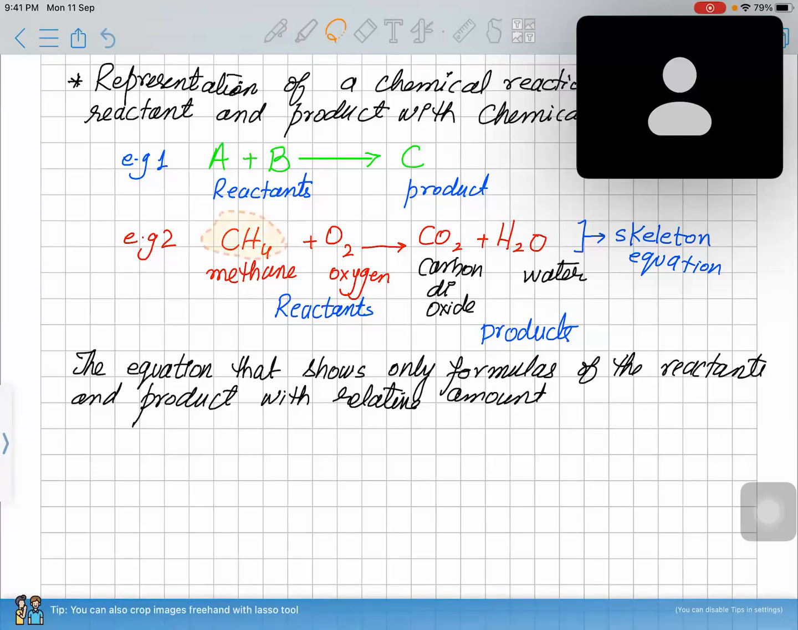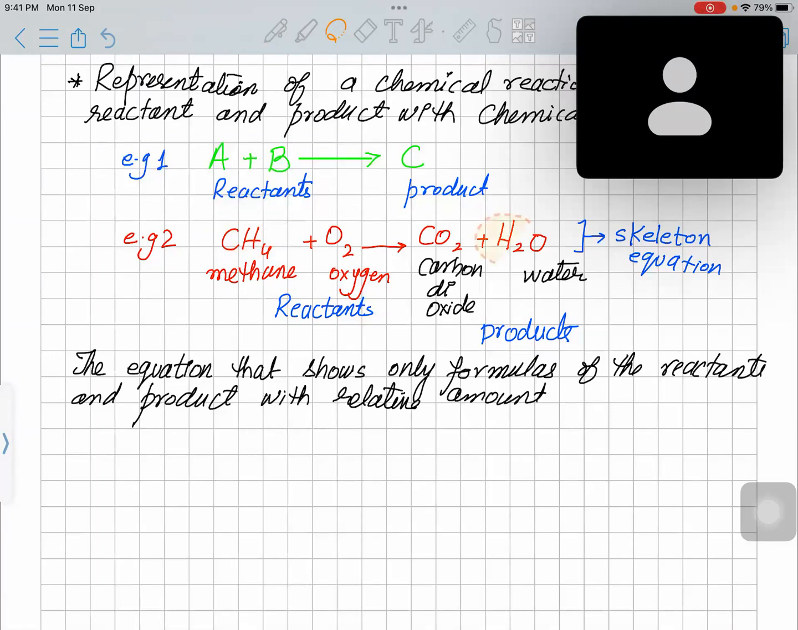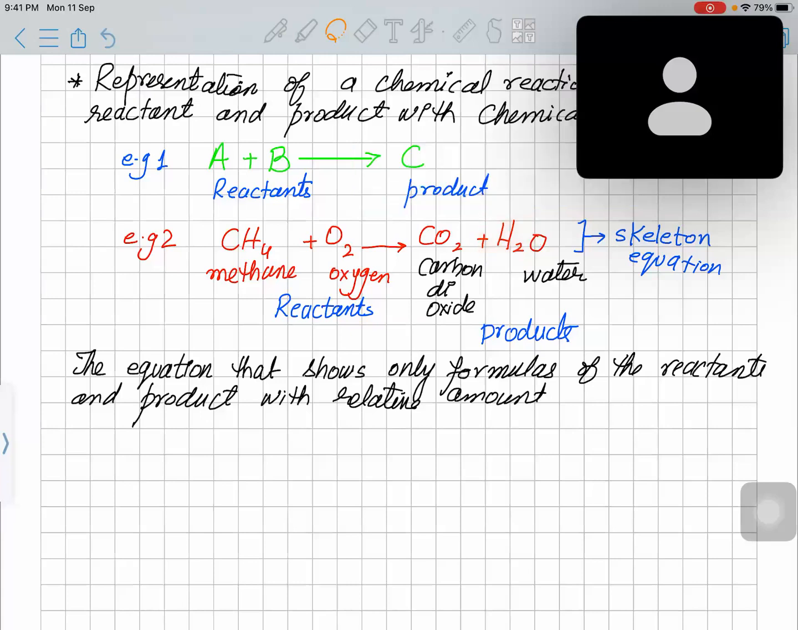आप देख सकते हैं कि यहाँ on the left hand side you have 4 hydrogen, but on right hand side you have only 2 hydrogen। आपको मेरी बात समझ आ रही है? यस सर। सर यानी अगर 4CO2 लिखा हुआ होता तो फिर ये स्केलेटन इक्वेशन नहीं रहती, वो तो फिर आपकी प्रॉपर इक्वेशन हो जाती है ना। ठीक है।